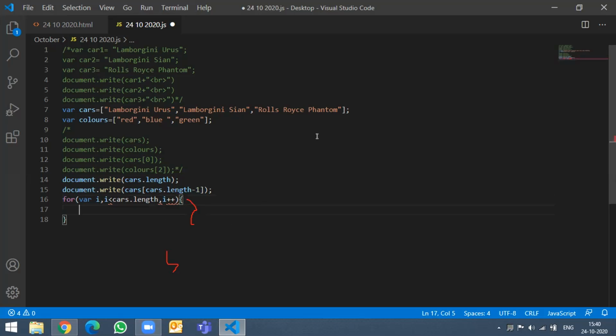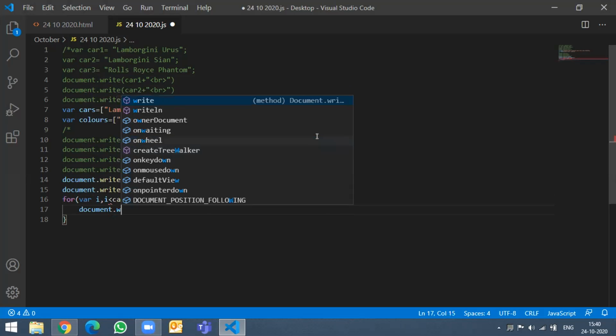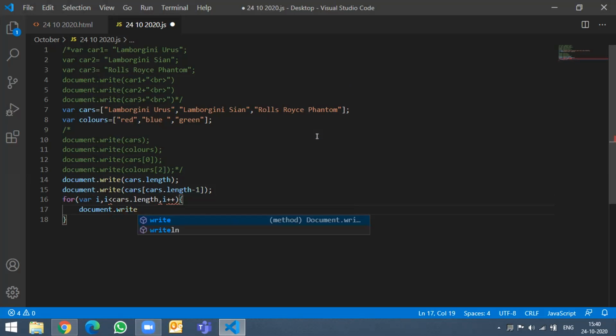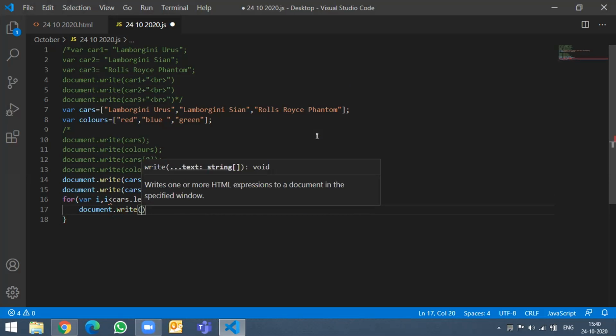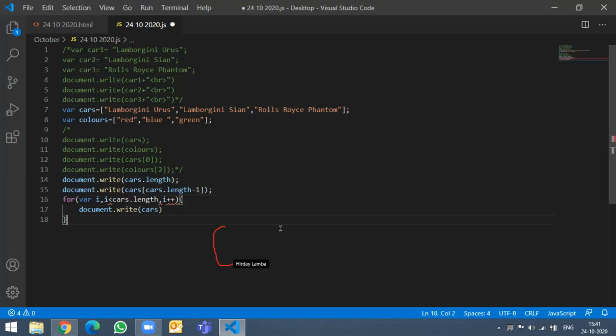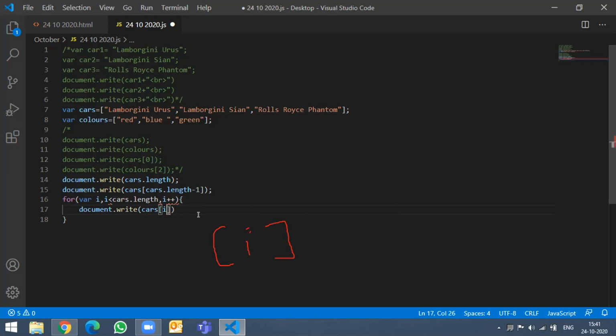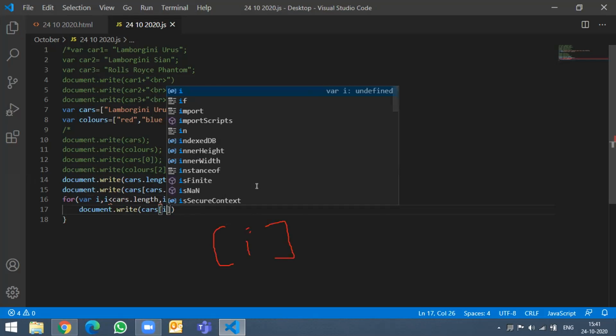And over here say document dot write cars, and then in square brackets we will say i. Let's wait for others to also do this, and let's try to understand what we are doing over here. Let's first complete it and put a semicolon.